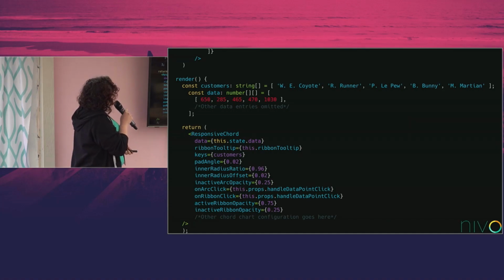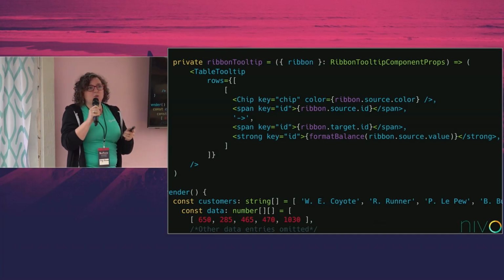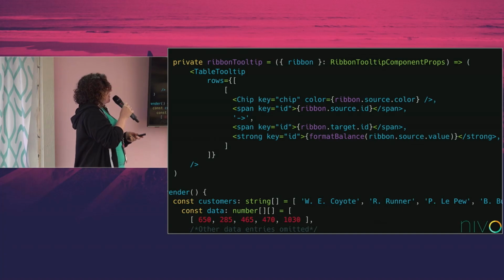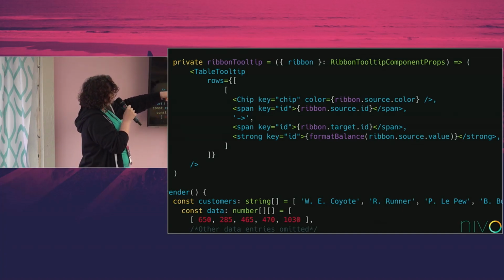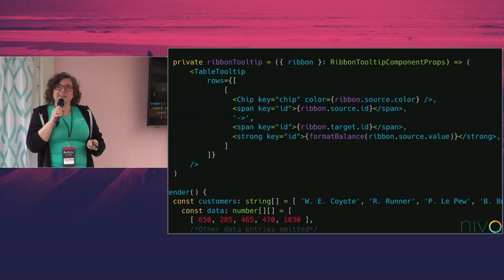And the other thing that we should probably note as well is sometimes you need to get to a situation where your tooltip needs more information. In this case, I've overridden it because I want to see both sides of the relationship. So all I've done here is I've specified each of my kind of elements one after the other. And what you'll see from the code is that I've got the source and the target covered in there.